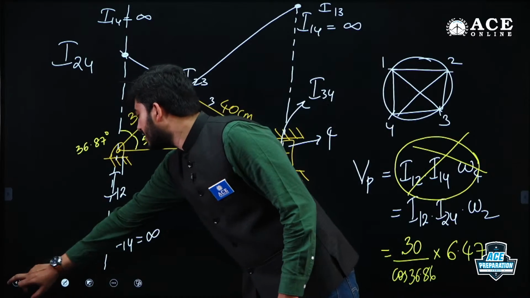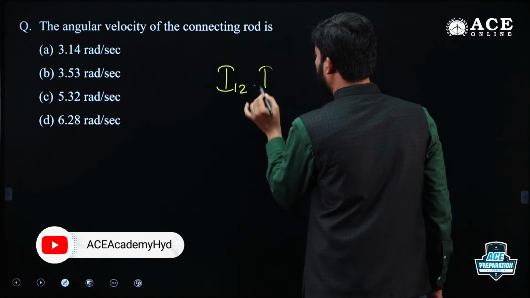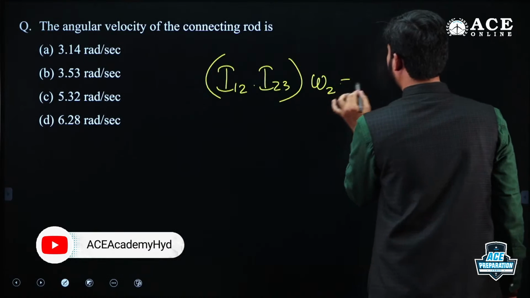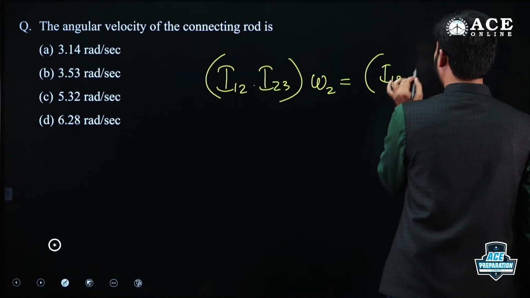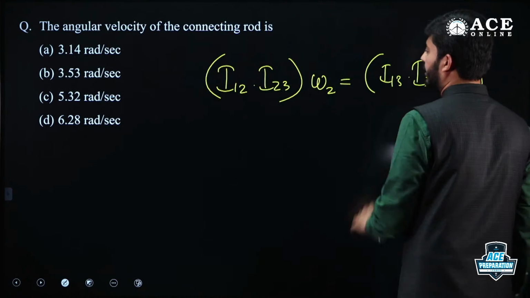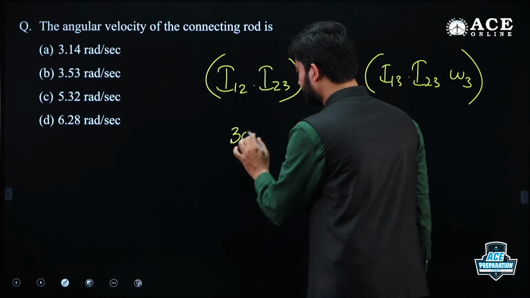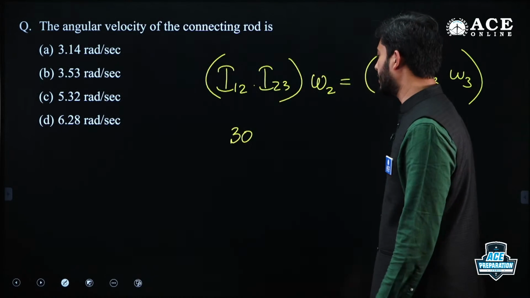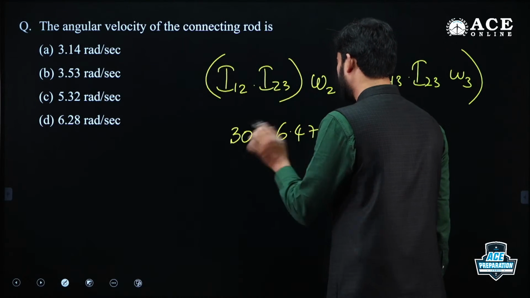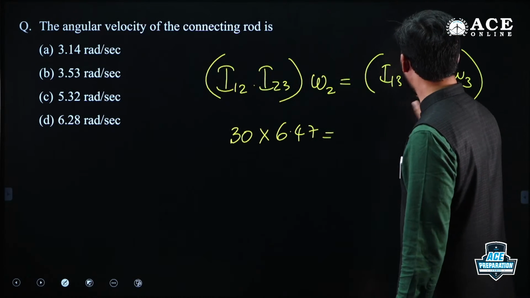Okay, so let me apply the velocity theorem here. I12 I23 omega 2 is equal to I13 I23 omega 3. So I12 I23 is 30 centimeters, and omega is 6.47, I guess. Okay, and similarly I13 I23,